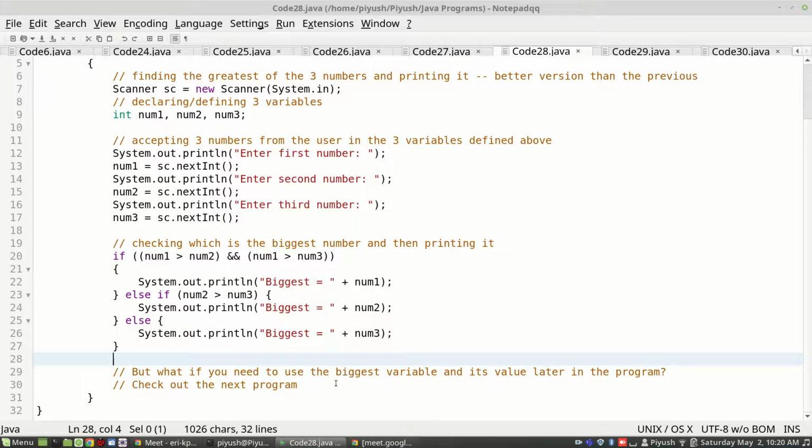For that we will see the next program. But before we see it, can anyone think of some better way of handling this case so that we might be able to use the biggest number somewhere later down in the program?